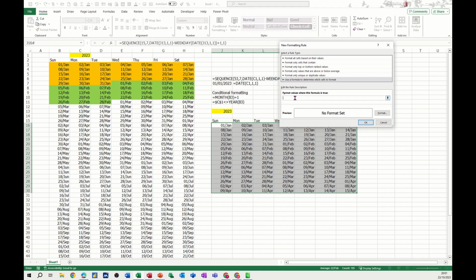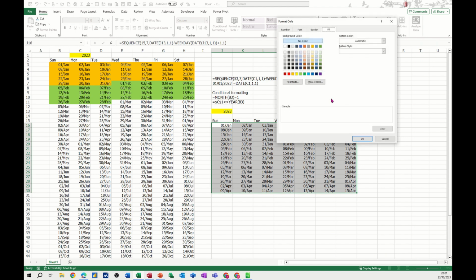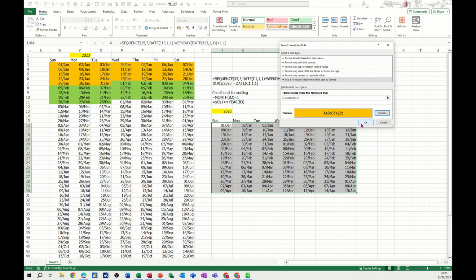I'm using the month function, so it's equals month, open the bracket, clicking on the top left hand cell, pressing F4 3 times to get rid of the dollar signs. Now if it equals 1, I want it a particular color, so I'll go orange, OK to that, OK to that,